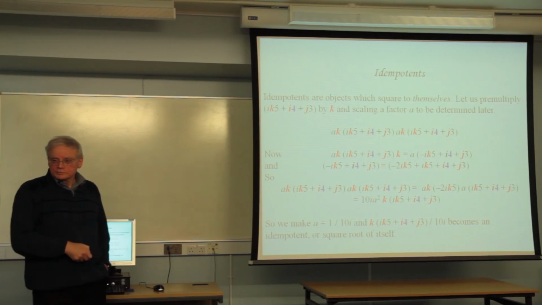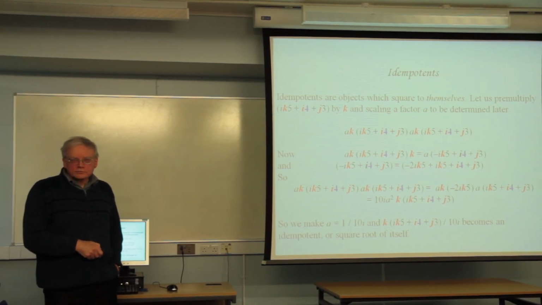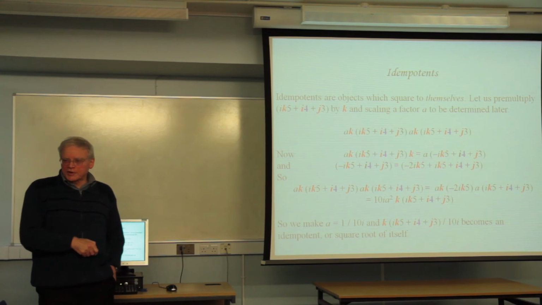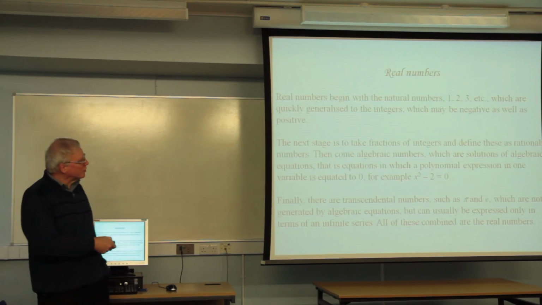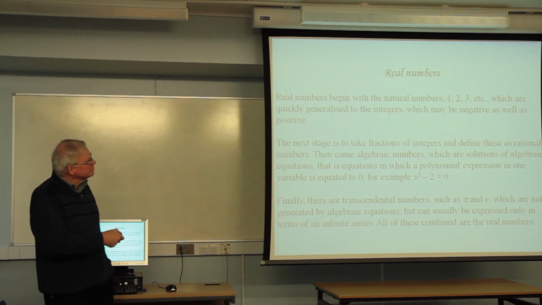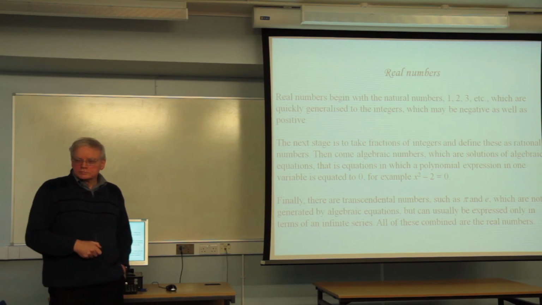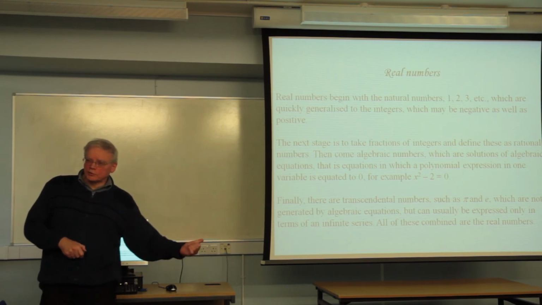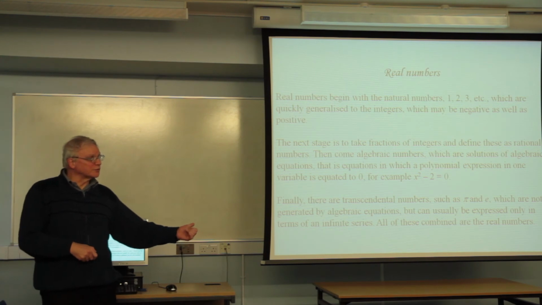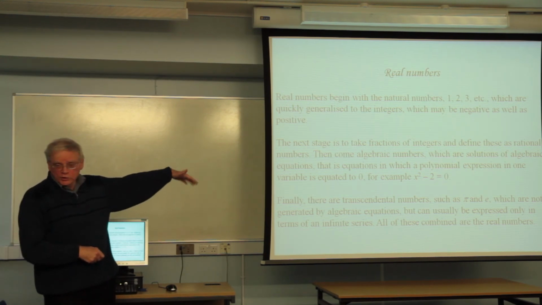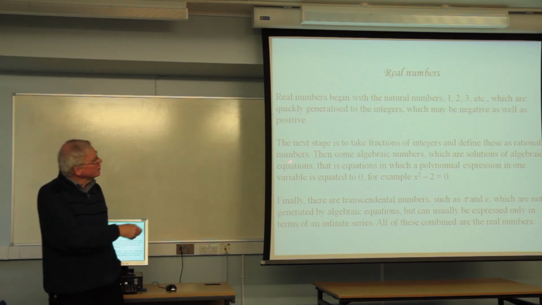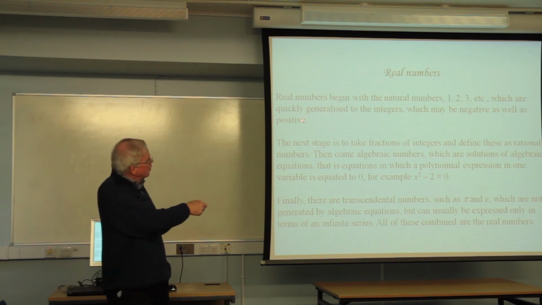It must be some kind of unit. It's a kind of unit, yes. It does have a physical meaning. Okay, yeah. We will come across that. But the only number you can square that's equal to itself is 1. The only number, but these are not numbers, these are algebraic objects, and they can square to themselves. And you can work your way through and show that that one is. So we will come across both of them later.